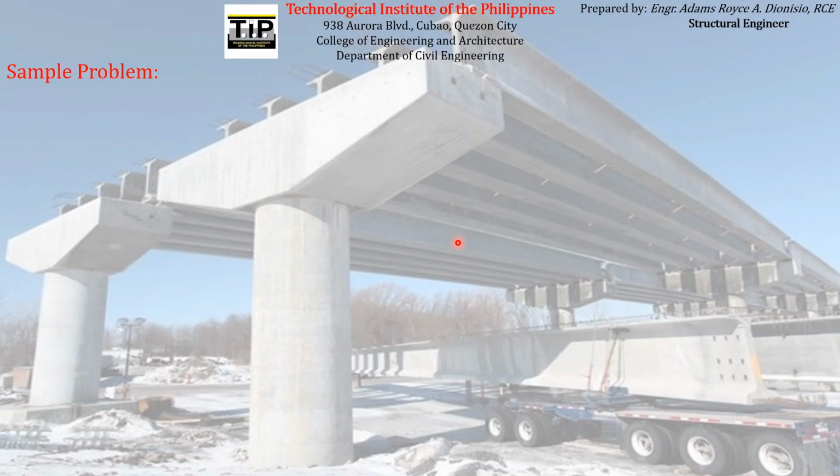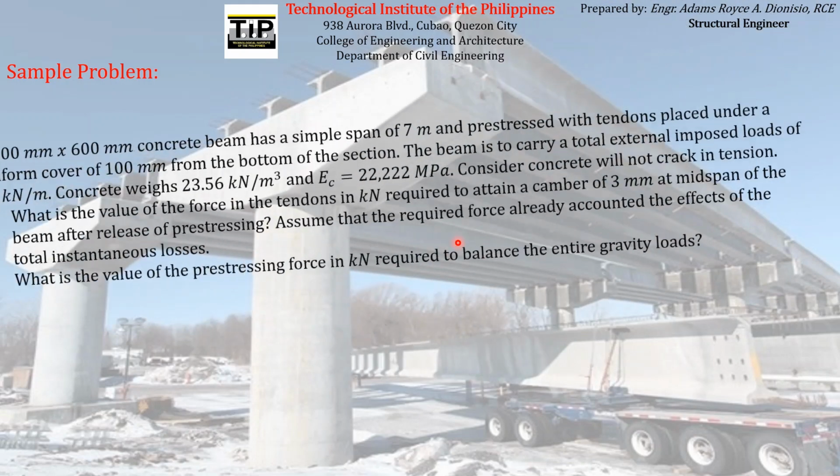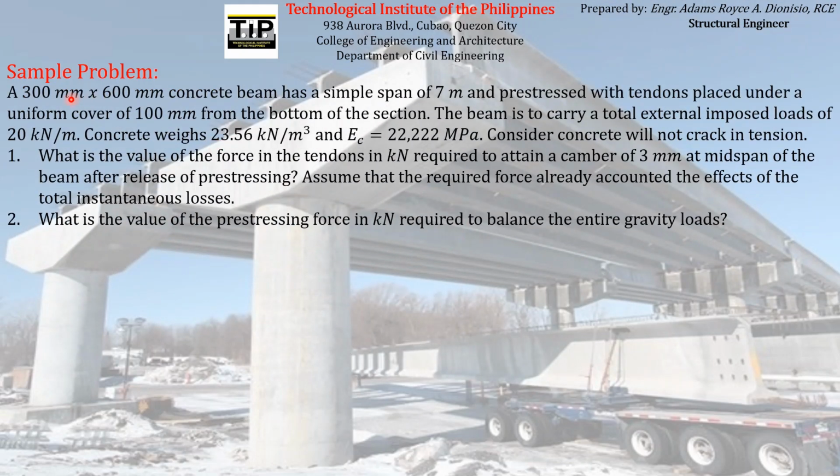So, last sample problem for this meeting, for us to be able to fully grasp the concepts underlying the computation of deflection, let us try to compute this sample problem. A 300 mm by 600 mm concrete beam has a simple span of 7 meters and is pre-stressed with tendons placed